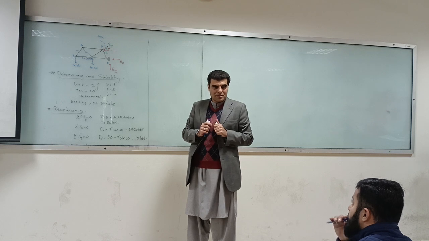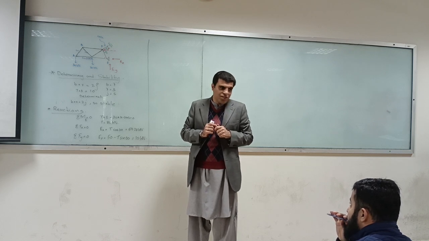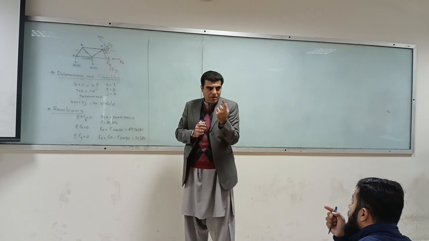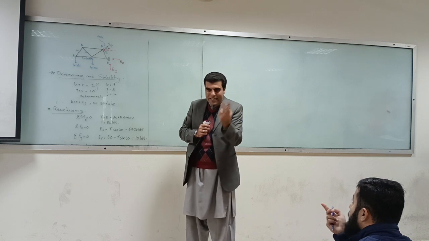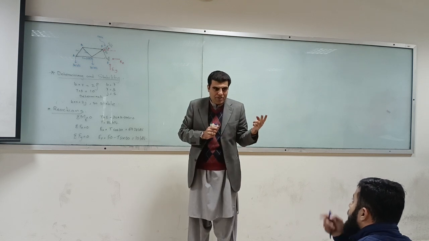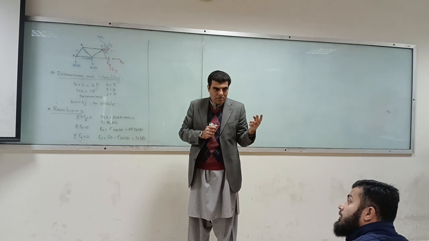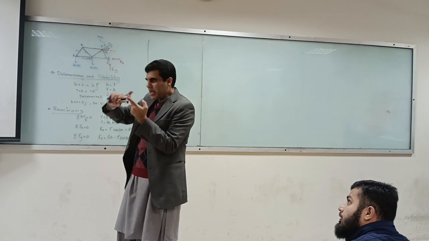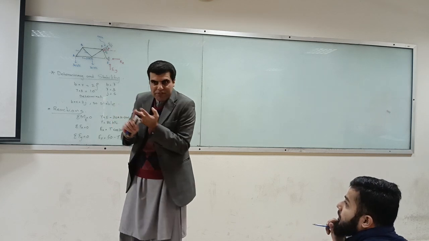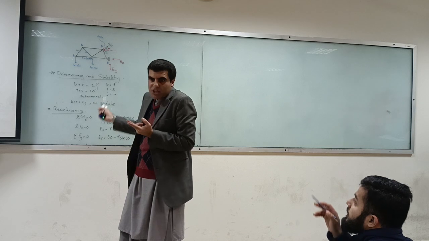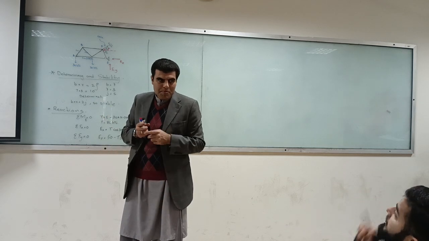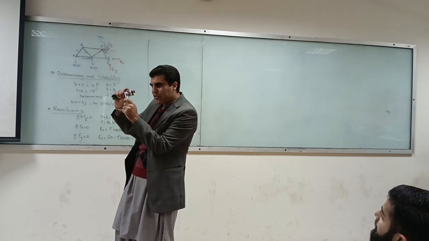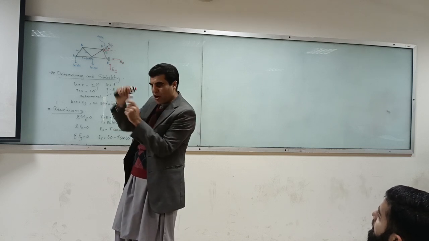No reaction. What is that thing which is 0? In moment you have 2 things. What are they? In moment we have force and we have a lever arm. One of them must be 0 in order to give you 0 moment. Summation of force is 0 because it passes through it. Yes. The moment arm, because the pin is so small and you are applying load, although there will be a